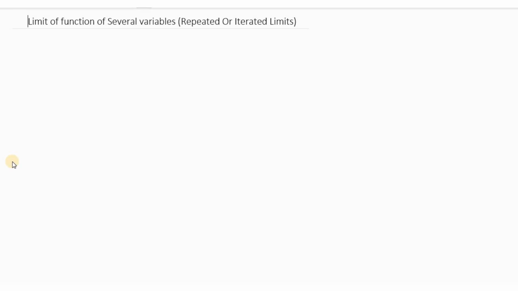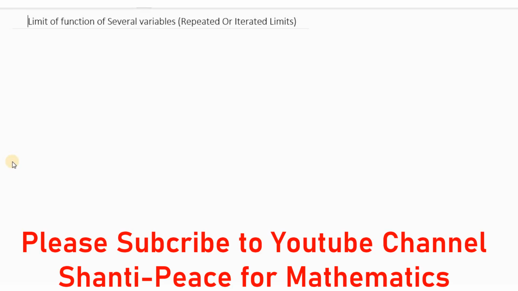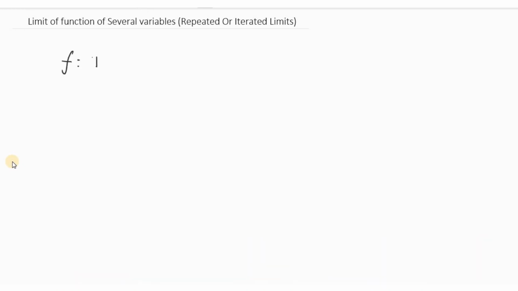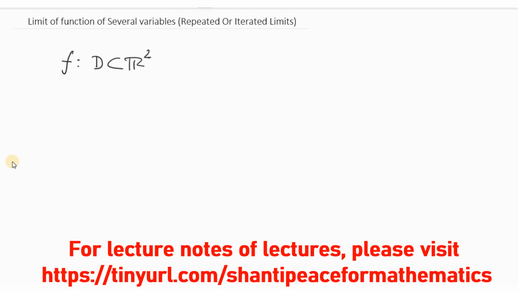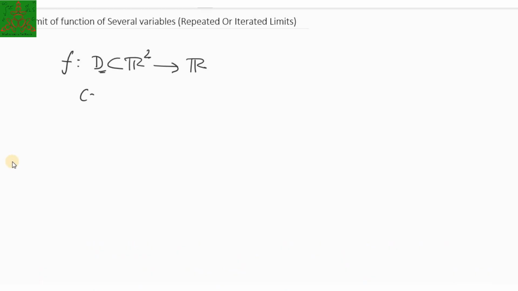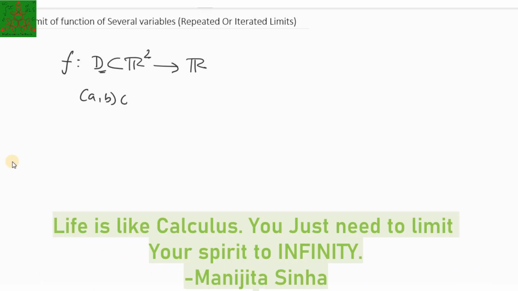In the previous video, we talked about the limit of functions of several variables. It says that if you have a function defined over a domain D, which is a subset of R squared, where D is an open set, which is a real valued function, and this point (a, b) has to be in this D,